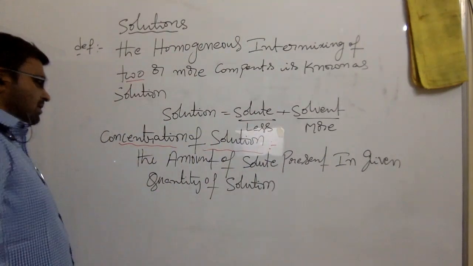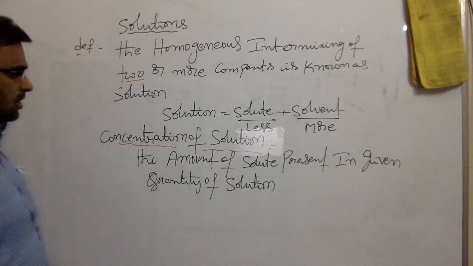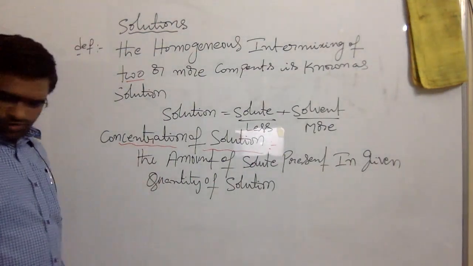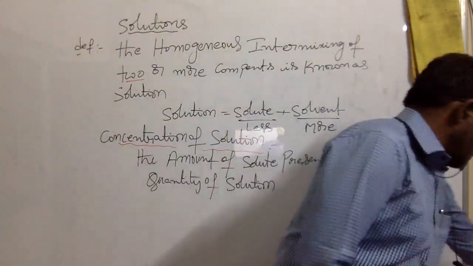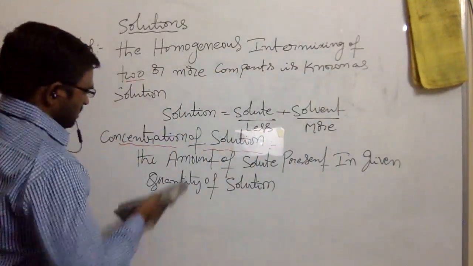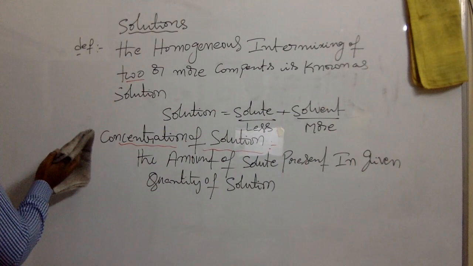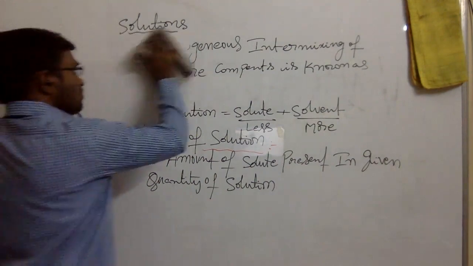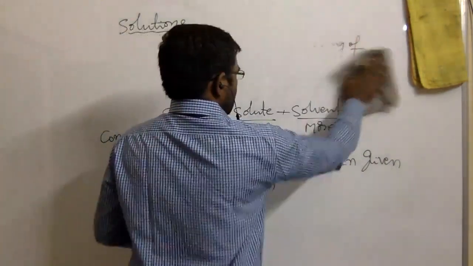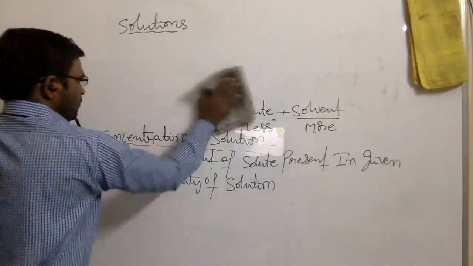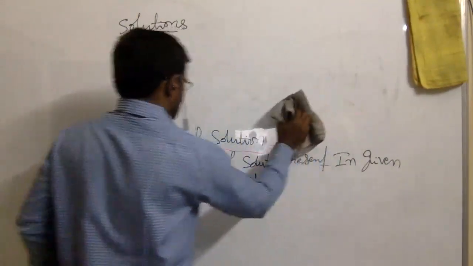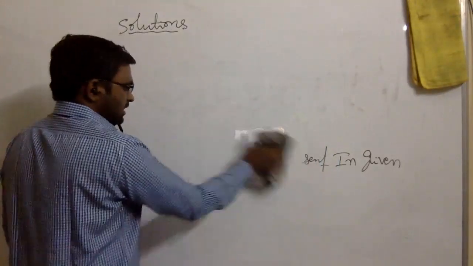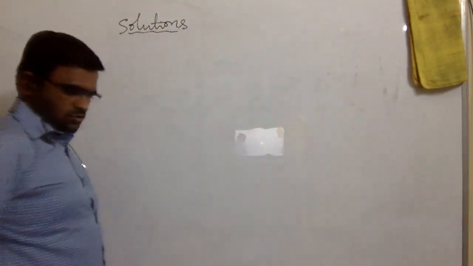Different methods are there to express the concentration of solution. Now we will discuss one by one with the definition, formulas, and examples of each type of concentration term, in which the first one is molarity. It is a very important concept. See students, I will explain the exact definition of molarity, how to write the formula with the help of the definition, and how to easily solve the given problems based on it.